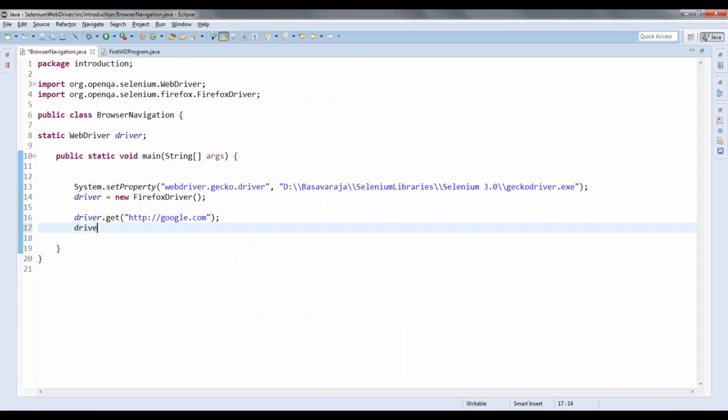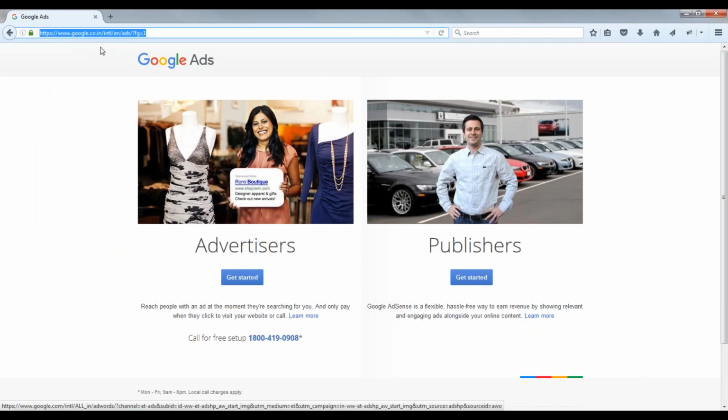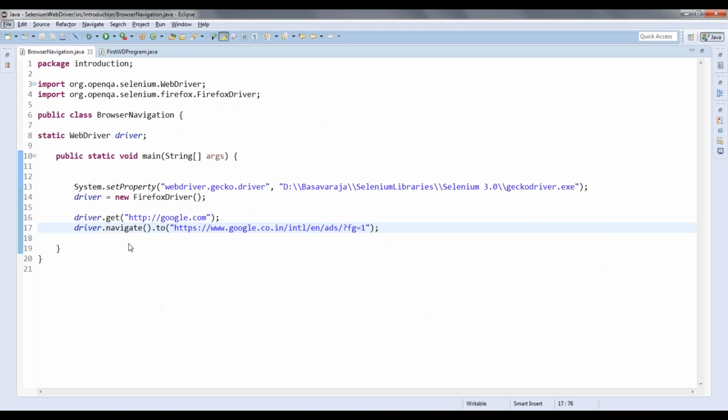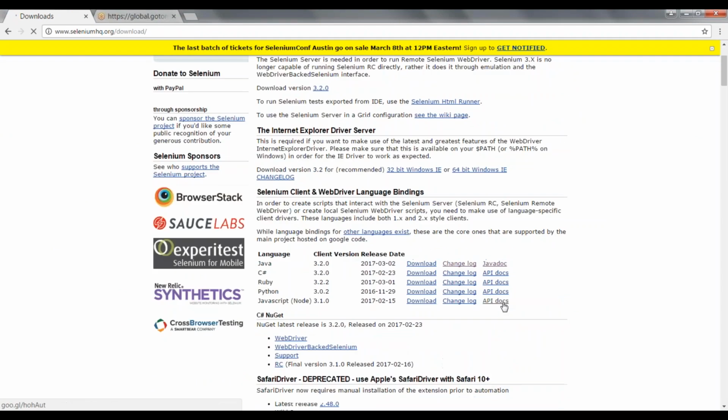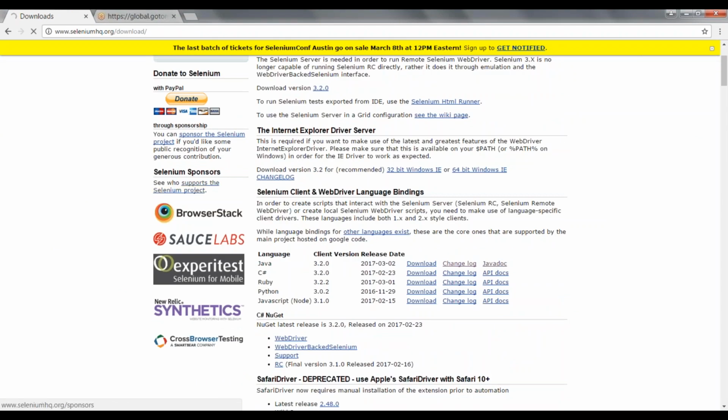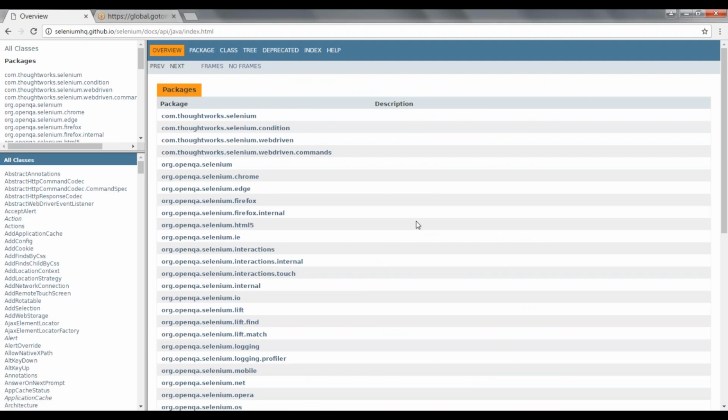There is one more command. Instead of get, you can use driver dot navigate dot to. We will see that navigate constructor, and I am giving this. So what is this navigate? Driver dot navigate. We have to go to our Javadoc and understand what that navigate will do.